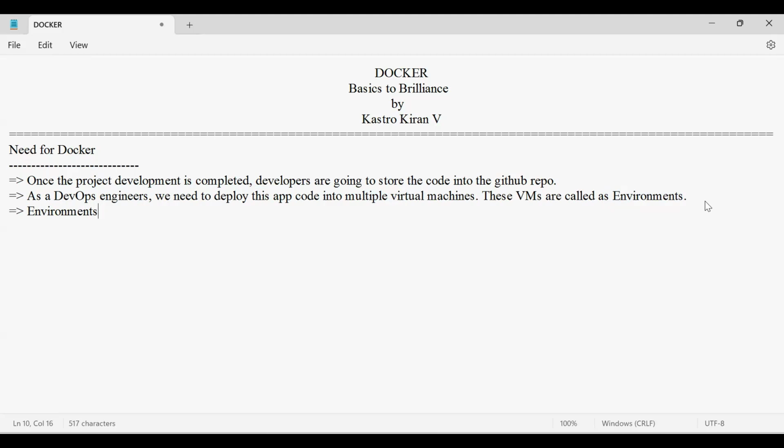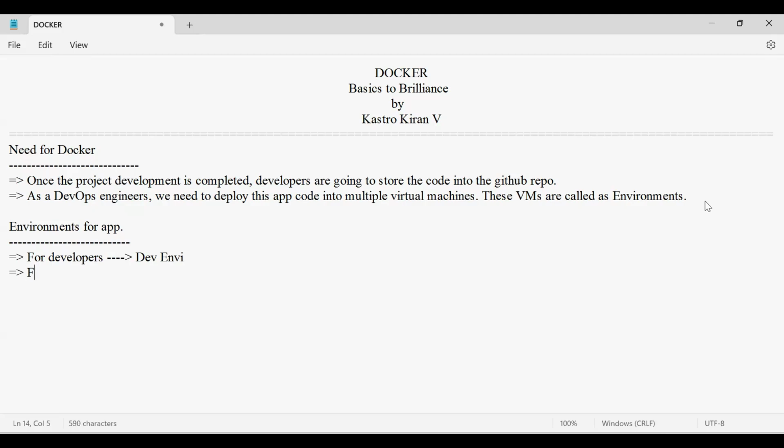In real time, we will be having different environments. Here on a large scale, I am going to keep a couple of environments. Let's say for developers, what type of environment will be available? For developers, we will be having an environment which is called the dev environment. Developers will be working on the dev environment.